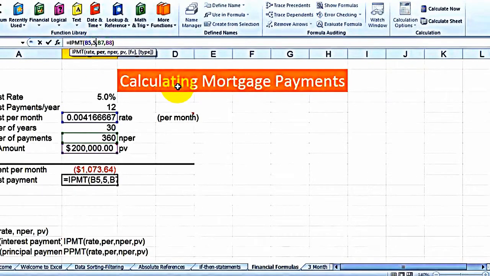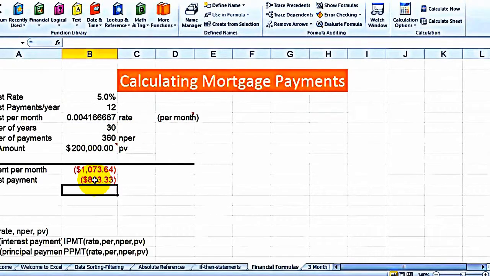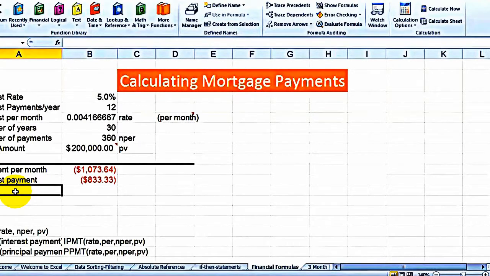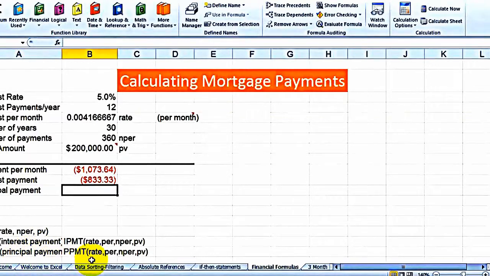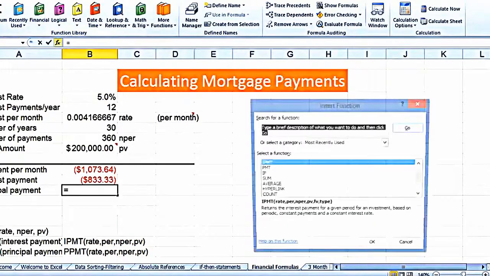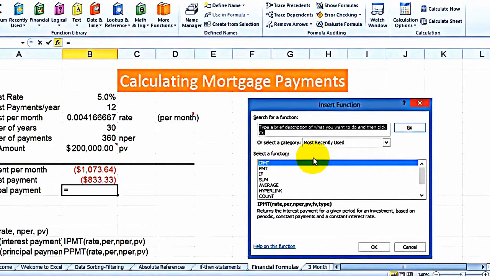Now it's 829. First month it was 833, so you're kind of getting it less. Now let's calculate the principal payments. So the principal, and notice it is PPMT, it's the rate, the number, and then number of payments, and then the present value. So we go here under insert function, we choose PPMT,